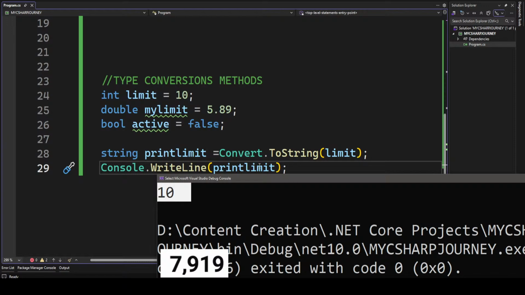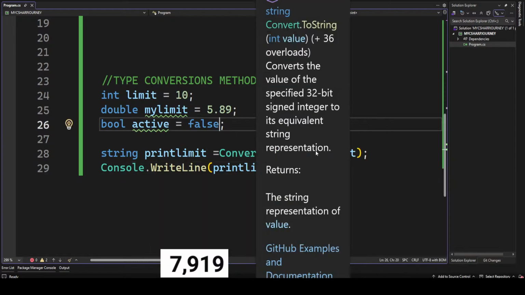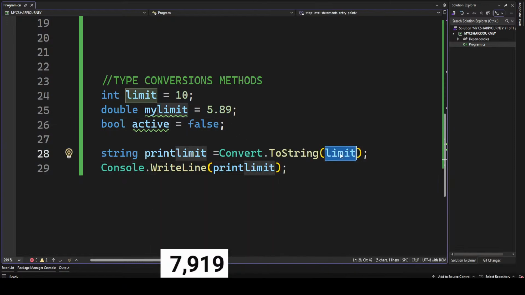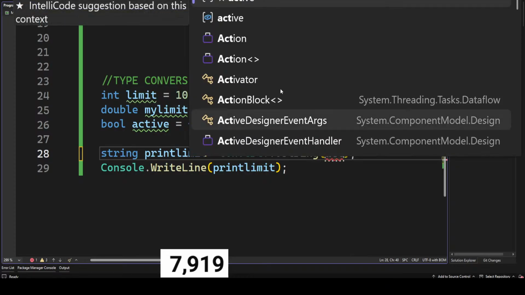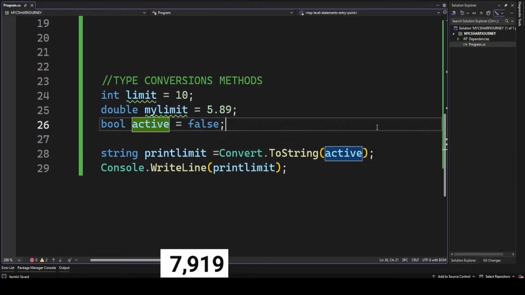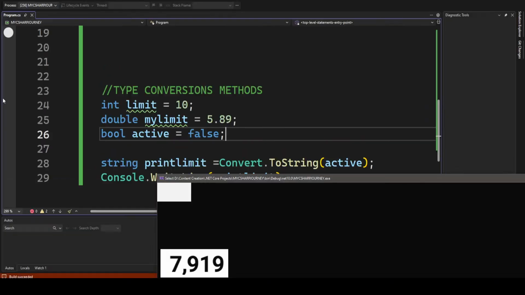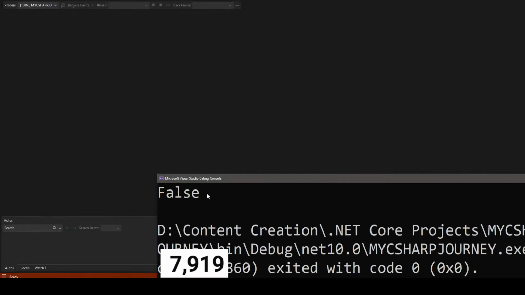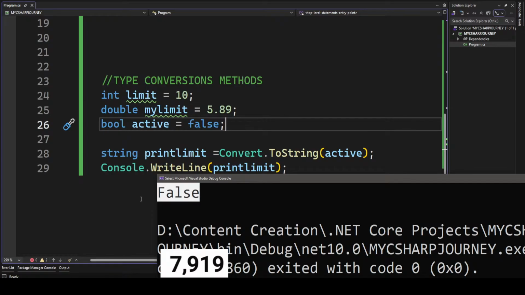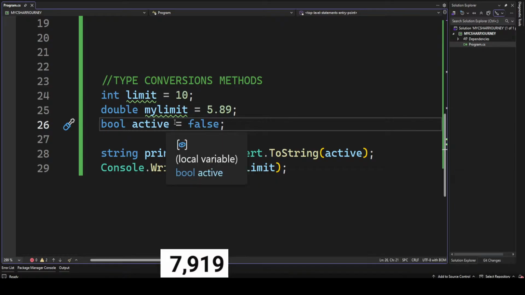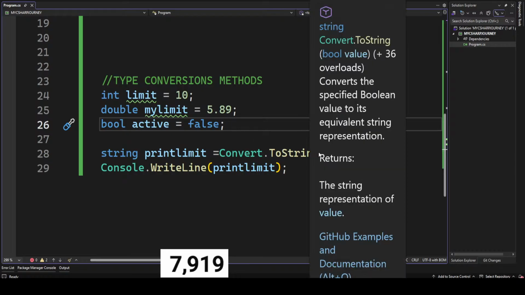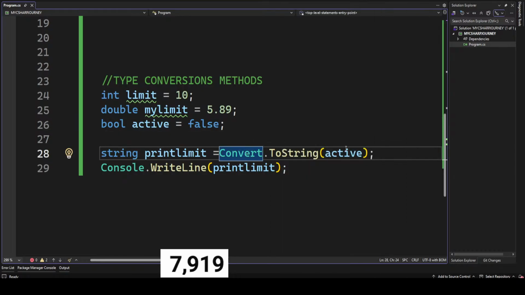Here I can also try to convert this to string, which is active, converting boolean to string. If I print it again, I'll also get the value, and as you can see, this is false. So it has given me my value. So we have various type conversions. We've only seen convert to string, but now if you want to see more, if I just do here convert dot to,